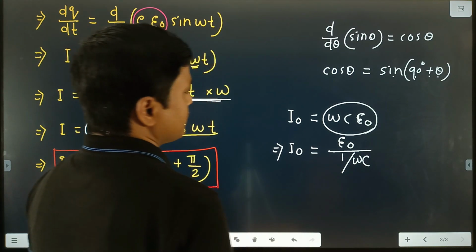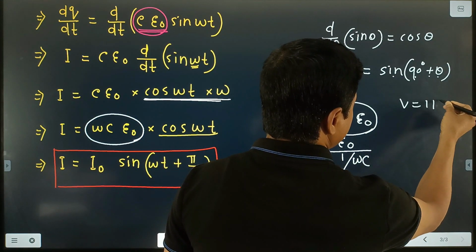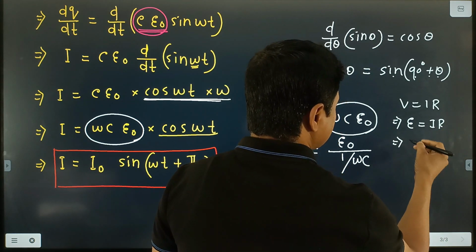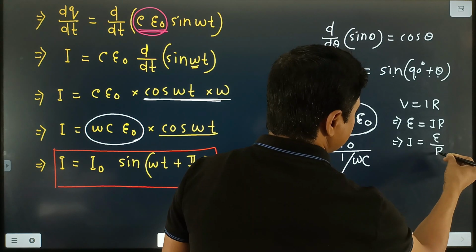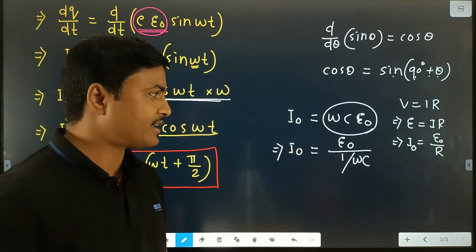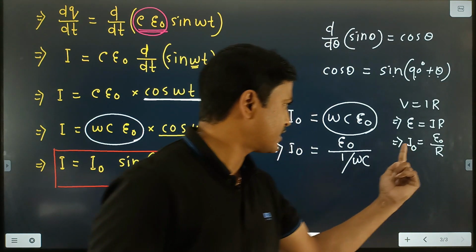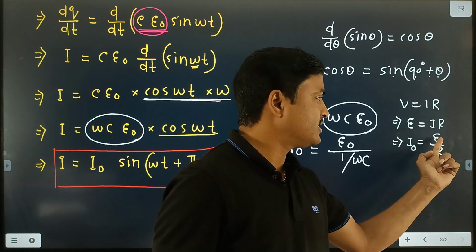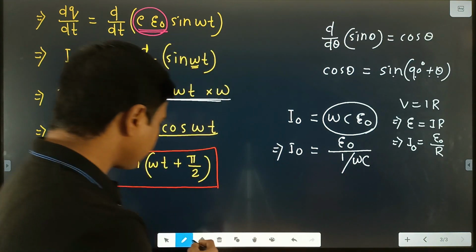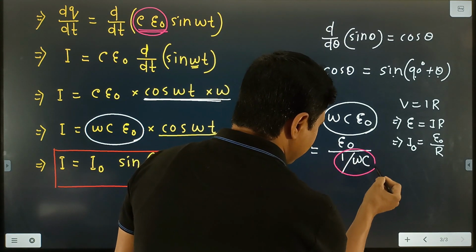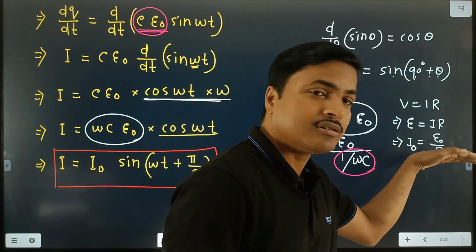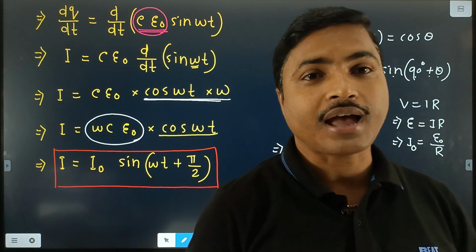And you know Ohm's law, that is V is equal to IR, that implies in place of V we write E is equal to I multiplied by R, that implies I is equal to E by R. You know this equation, and in place of I, that is I0, we write I0 is equal to E0 divided by R. If we compare this equation and this equation, here I0 is there, here also I0, here E0, here also E0, this is the peak value, and here R for resistance, and here in place of R, 1 divided by omega C is there, that means 1 divided by omega C just behaves as the resistance, and this is a capacitive circuit,